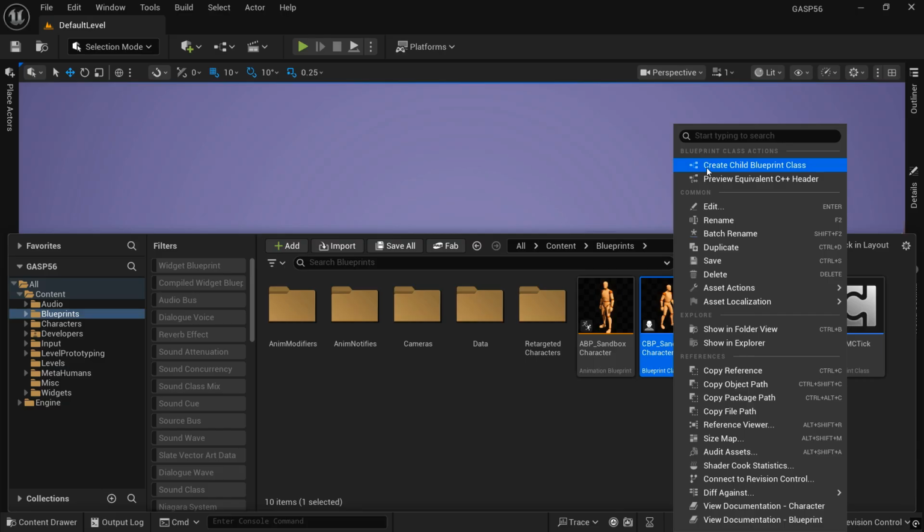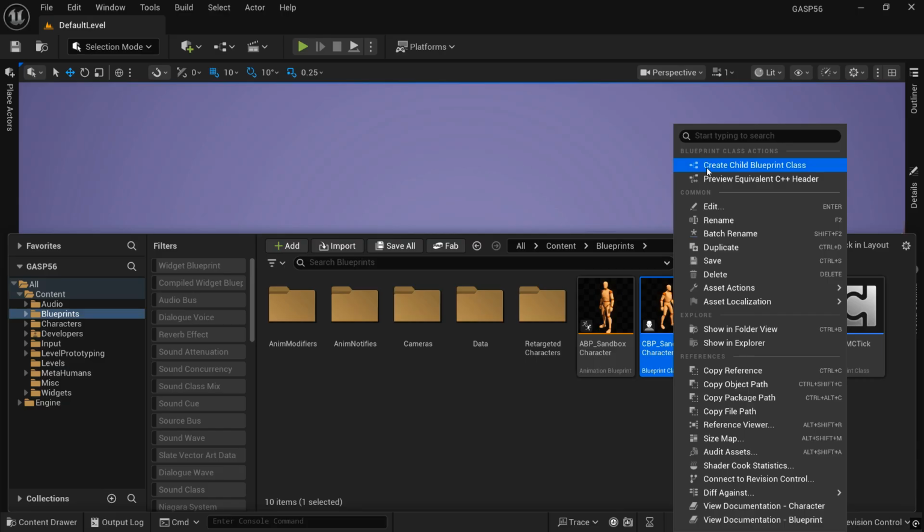So, why did I use the NPC? Why did I create a child class of the sandbox character to create the NPC? That is because if I were to duplicate the sandbox character, which I have done in previous videos, you have to create a separate animation blueprint for that character, since the animation blueprint specifically calls for the sandbox character. Okay, so if you duplicate it rather than create a child class, you're going to need a different animation blueprint,